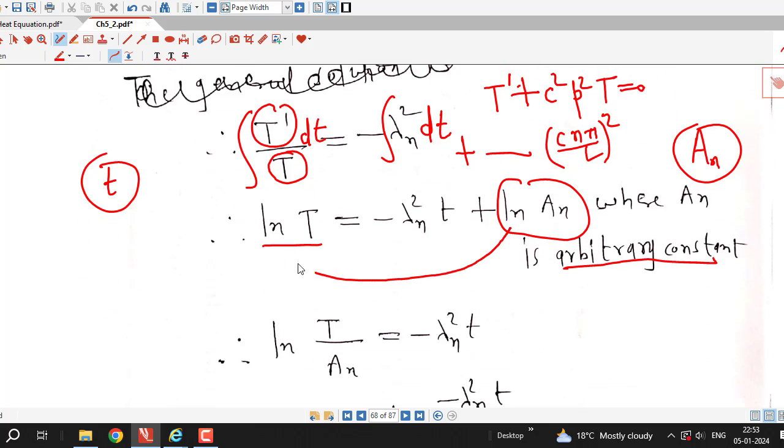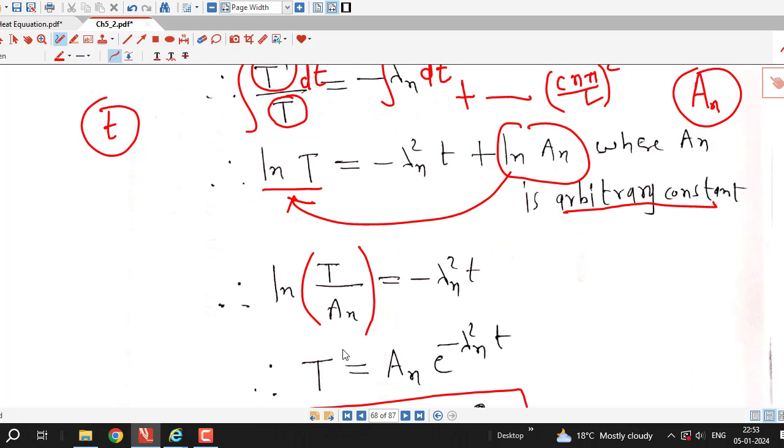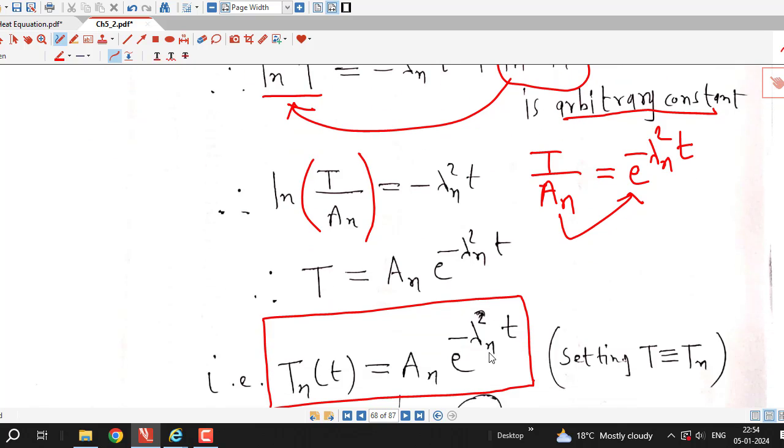And if we transfer this to this side and use the property of logarithm, we have log T minus log an equal to log of T divided by an. And we know that exponential and logarithmic functions are inverses of each other. Therefore from this we obtain T over an equal to the exponential of this. Okay, we can write one more step. From this we have T over an equal to e raised to minus lambda n square t, and in the next step we find T equal to an times e raised to minus lambda n square times t,